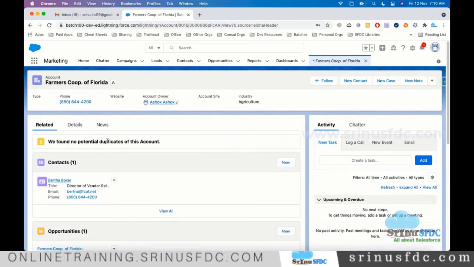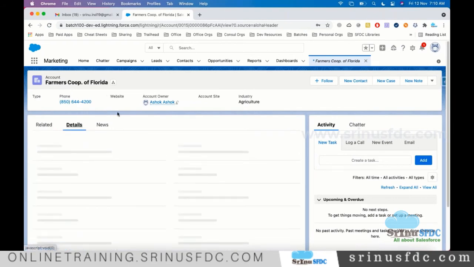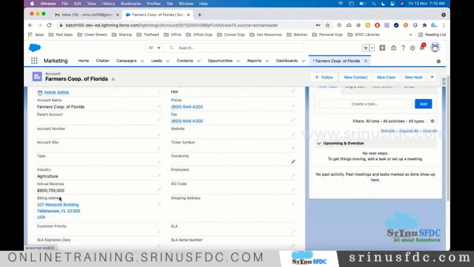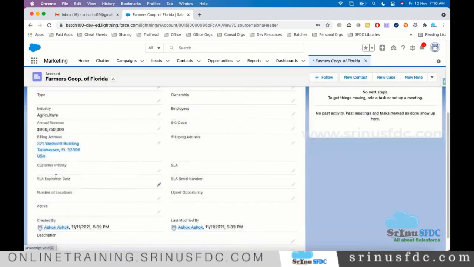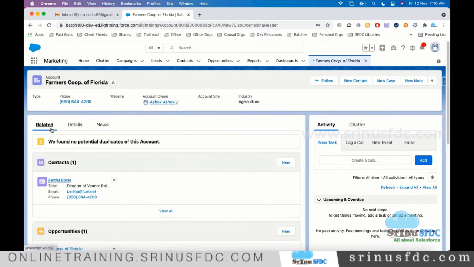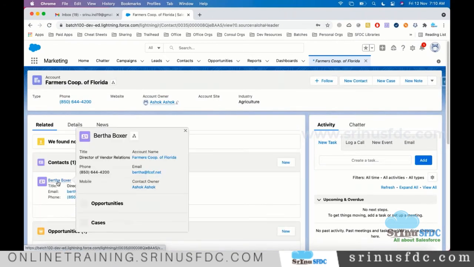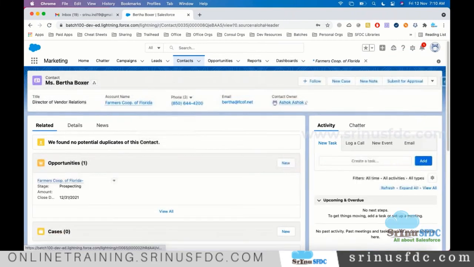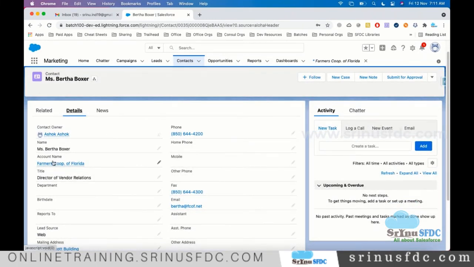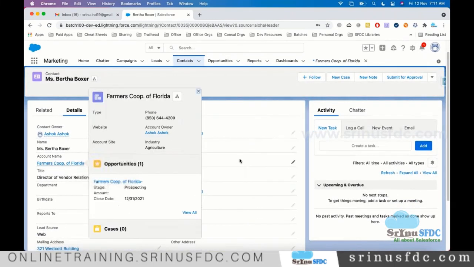Just understand. Now if you see the details of this account, the account name, phone number, and billing address are the details of the account. And if you open this contact, you see the person's name, and this person belongs to this company.